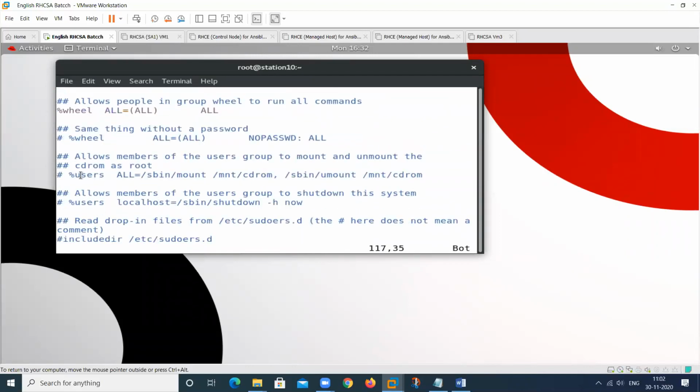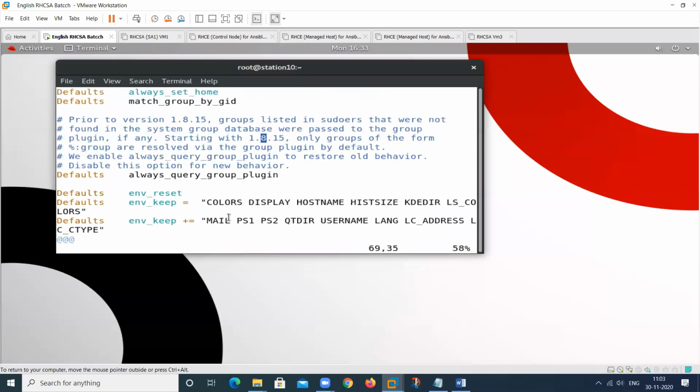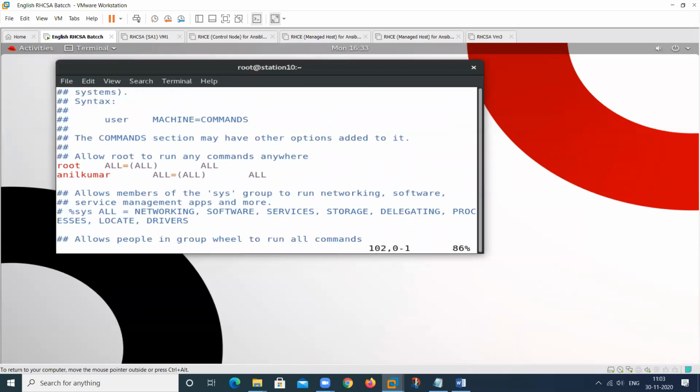See here, this user can perform all, but regarding which one? These are the file names, this is your command, and this is also a command. So we can provide the specialization also, and give the information about which particular command it will perform.